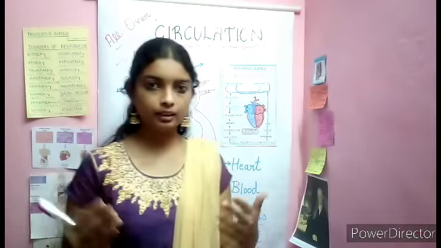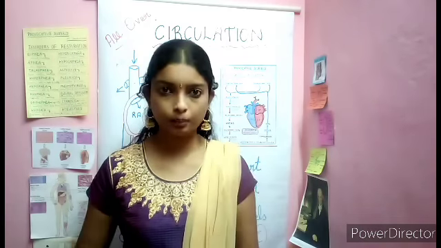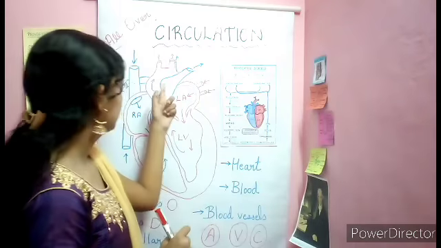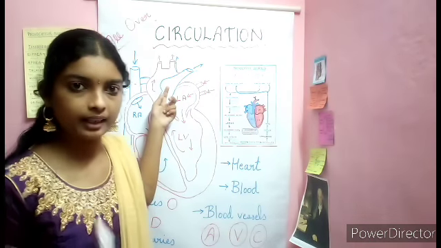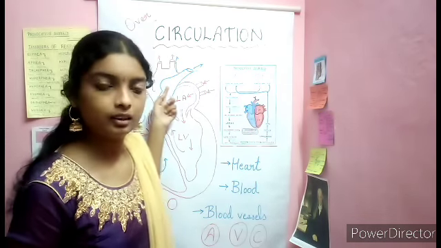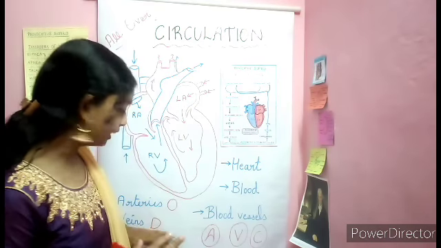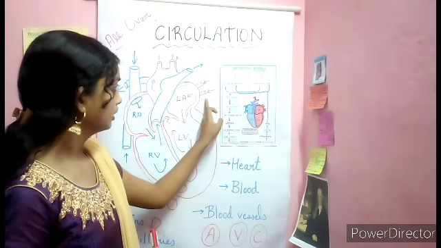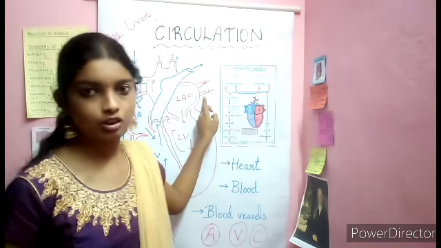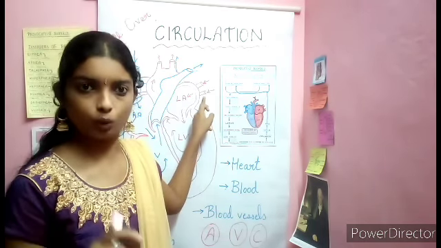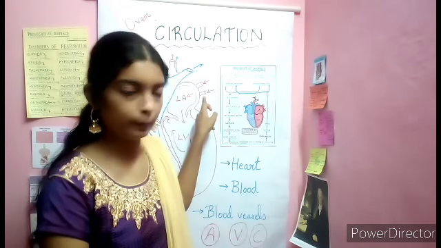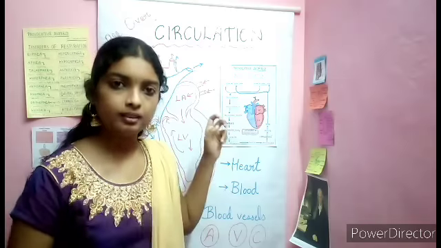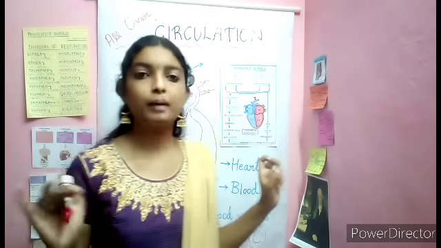I was saying that arteries carry oxygenated blood, but there is an exception, that is the pulmonary artery. The pulmonary artery is the exception that carries deoxygenated blood. And all veins carry deoxygenated blood, except the pulmonary veins. These are the pulmonary veins that carry oxygenated blood. So this is an exception. Arteries carry oxygenated blood all over, remember this mnemonic, except the pulmonary artery. Veins carry deoxygenated blood except the pulmonary veins.